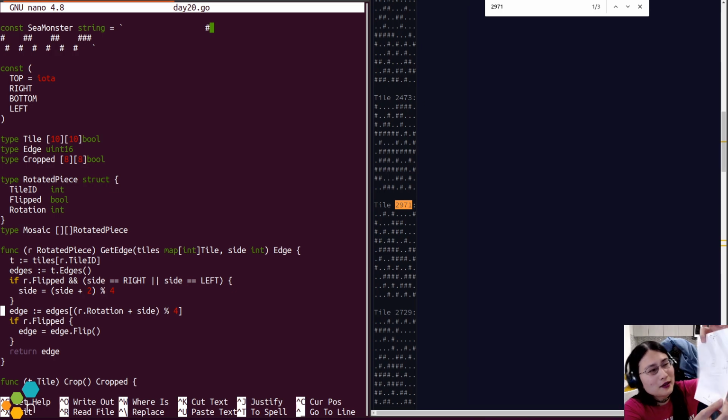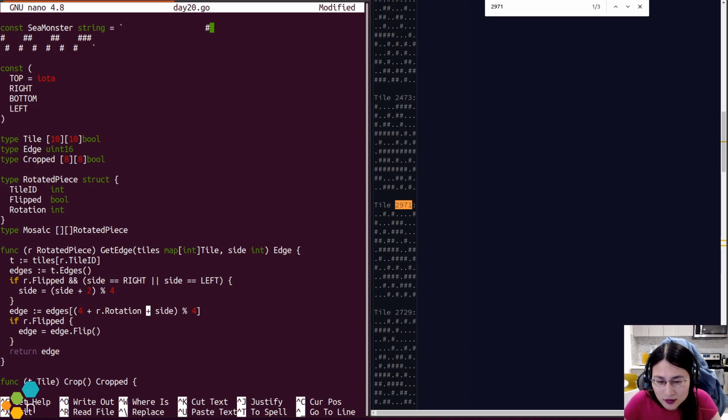So if it's not flipped, and I'm asked for the top of a thing that has been rotated once clockwise, then I want to wind up at left. Which, okay. It's rotated twice. Okay, so that's not quite correct. I think I need to do that.